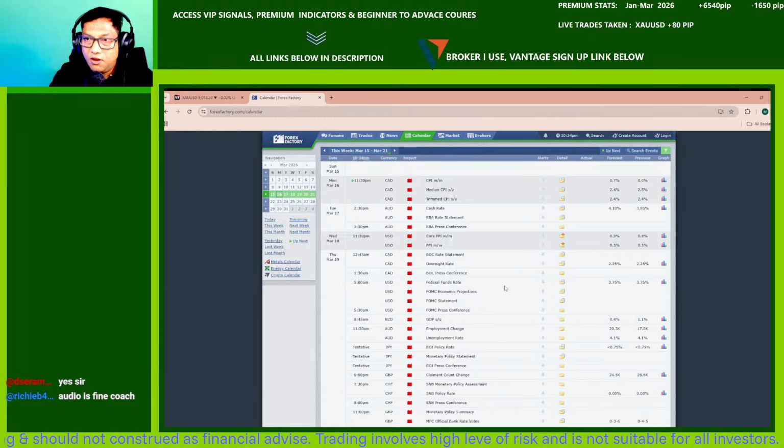Later today we have CAD CPI, which will also have an impact on the dollar as well as the oil price. And tomorrow the cash rate on AUD is coming,